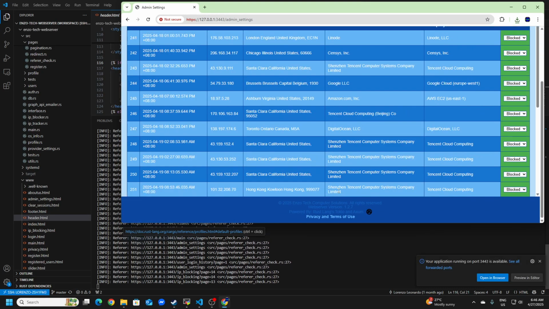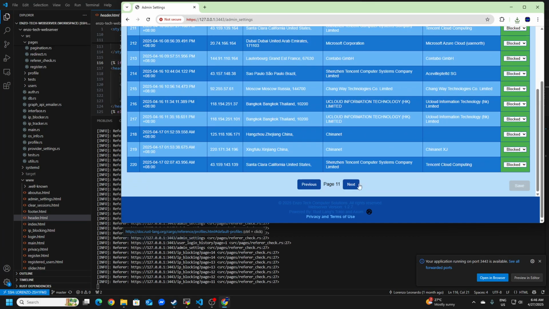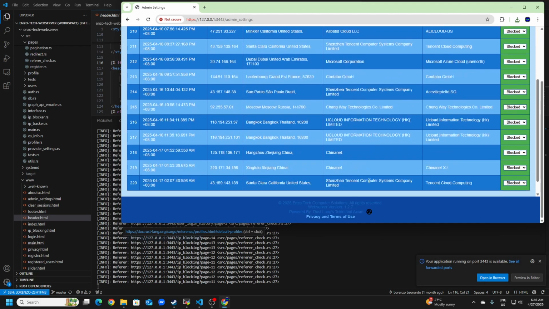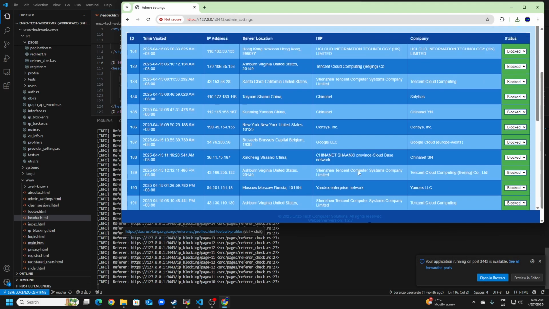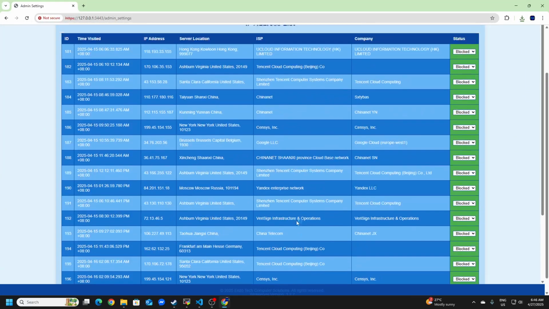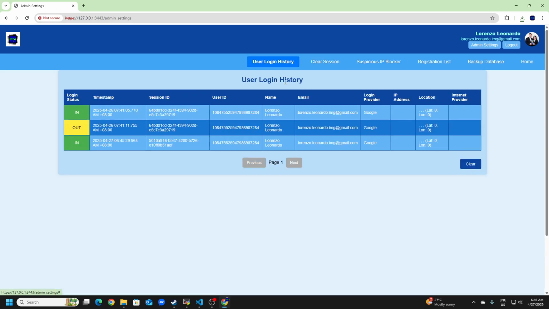It's very fast. It's very snappy. You cannot feel any lag, especially browsing this database. It's very fast.